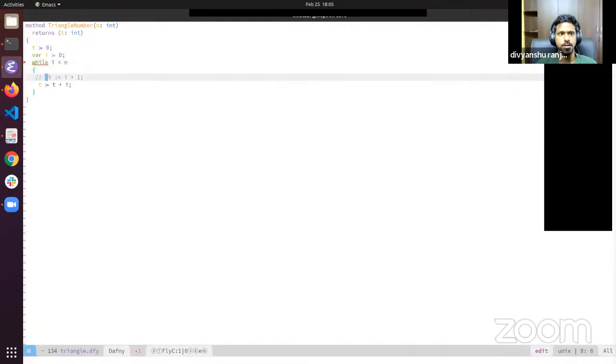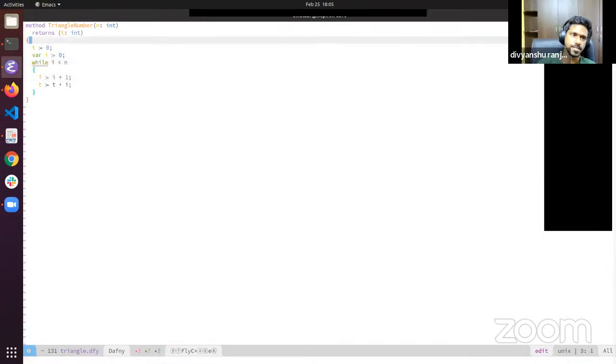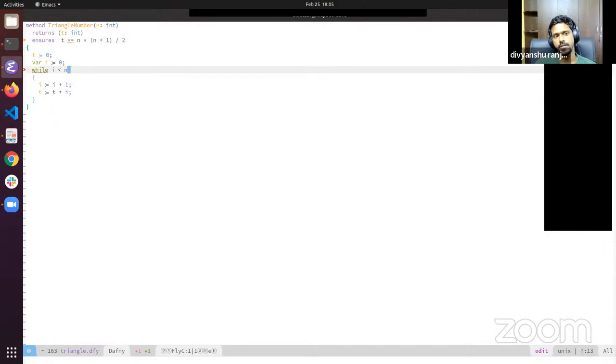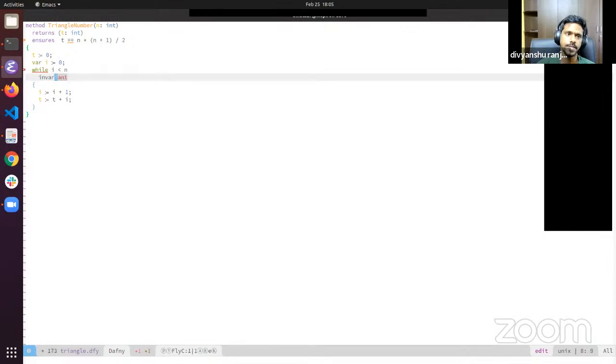This is one thing I want to mention, and then let's write some preconditions. The first condition I want to write is about what I'm calculating: since this is a triangle number, we know that it has a fixed closed formula. Okay. If you write this, Dafny doesn't complain that it cannot verify. But as the paper mentions, to reason about a loop in Dafny you have to provide a loop invariant, and the way you do it is that you write invariant and then